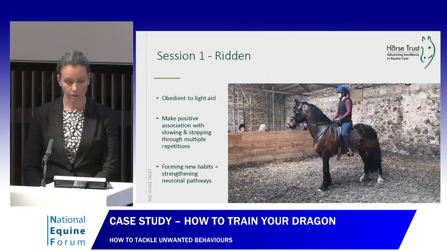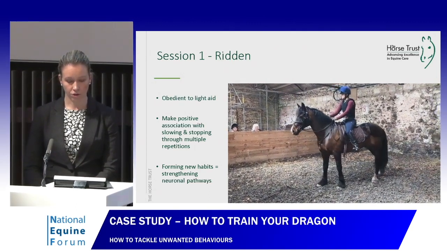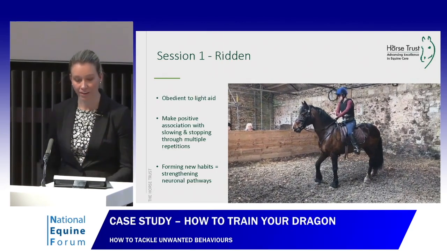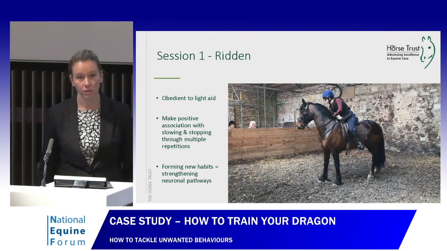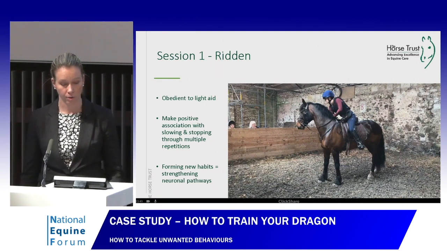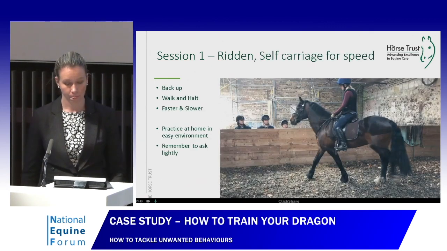light rein pressure on. And he steps back, so she releases that pressure immediately. That is the key thing. And we know that the muscles you use for stepping backwards are the same ones that you use for bracing and slowing down. So the better a horse steps back lightly, the better they're going to slow down.